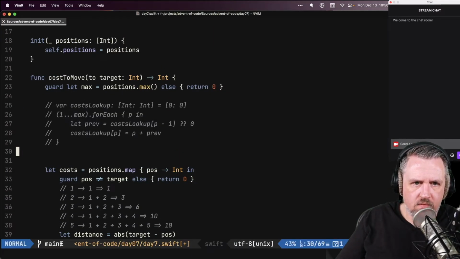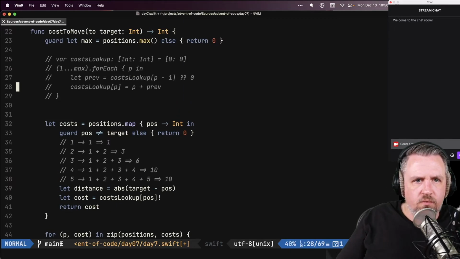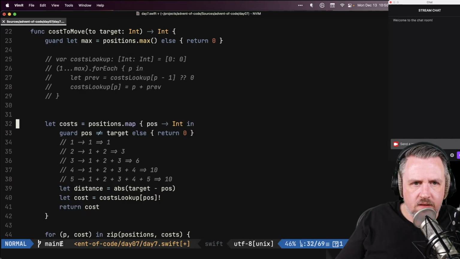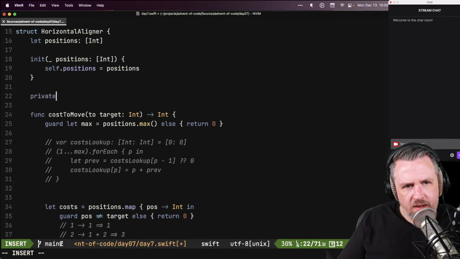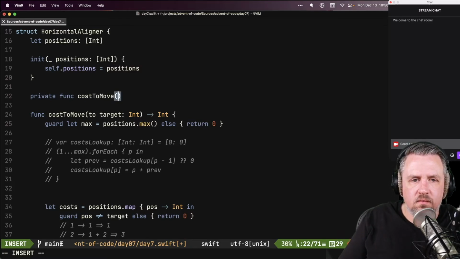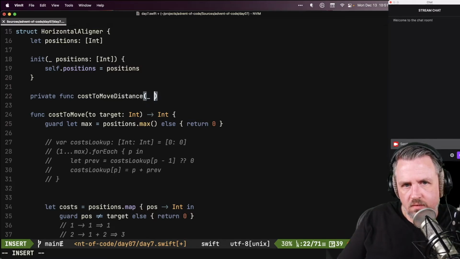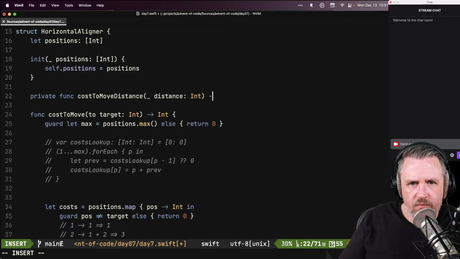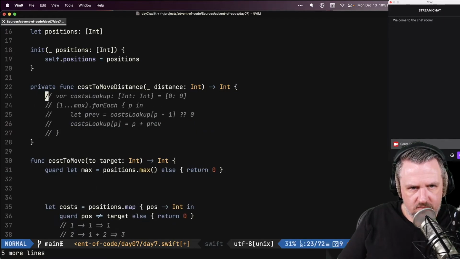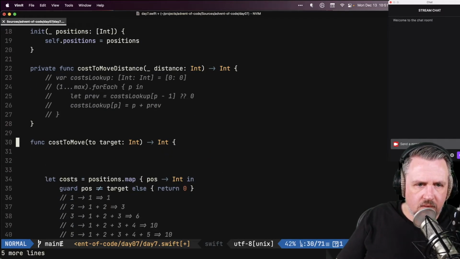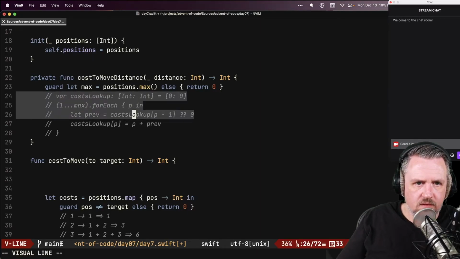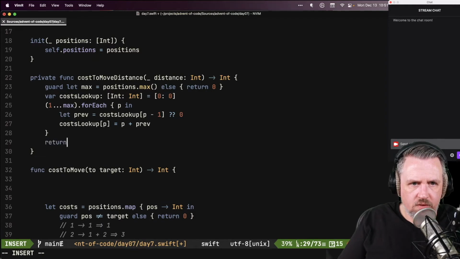Let's do what you were saying. So I think this cost to move to target needs to probably have a private func cost to move distance and have a distance be an int. And that way we can iterate on this separately. So their cost to move distance. So if we had this, and then we can return